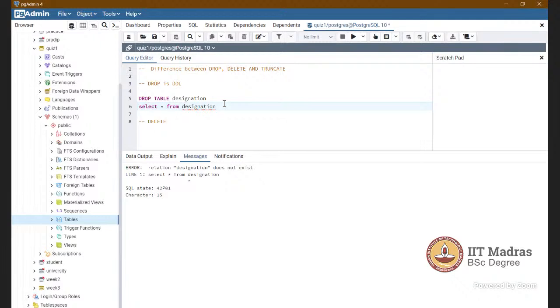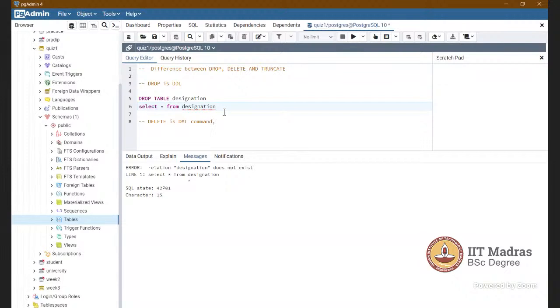So can anyone tell about delete? Delete, as she mentioned, is a DML command. You can delete specific rows. And what is the difference between delete and truncate? This is what I'm trying to get at. There is a subtle difference, but I'm not able to get it.